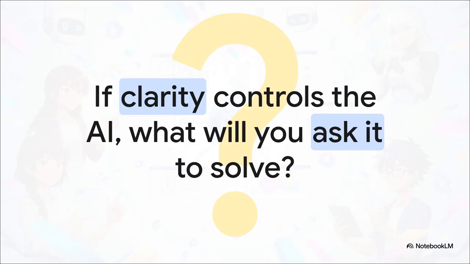And that leaves us with a pretty big final thought, doesn't it? We now know that the clarity of our words, the precision of our prompts, can directly control the kind of specialized intelligence we get to access inside these incredible systems. So the question isn't just, what can an AI do anymore? The real question is, now that you have this control, what will you ask it to solve?